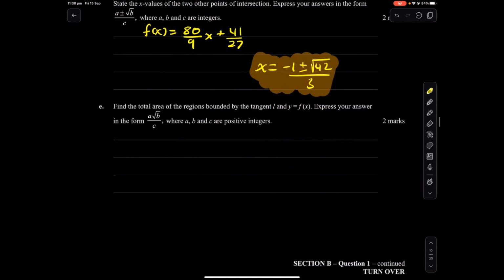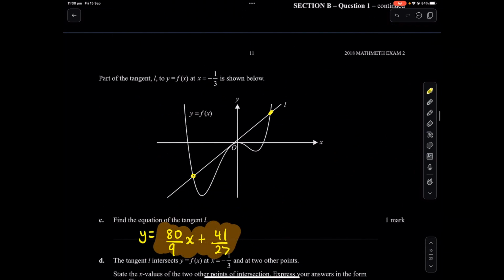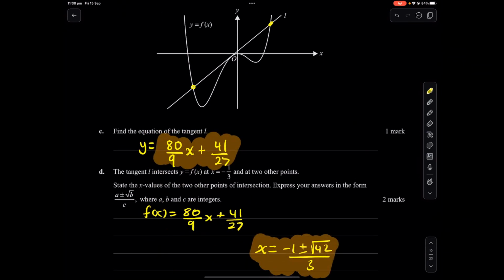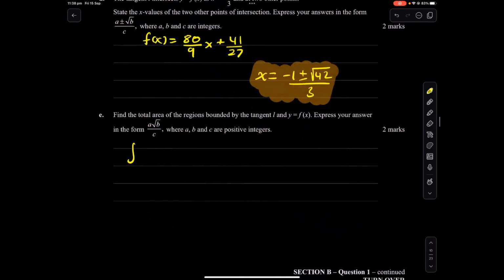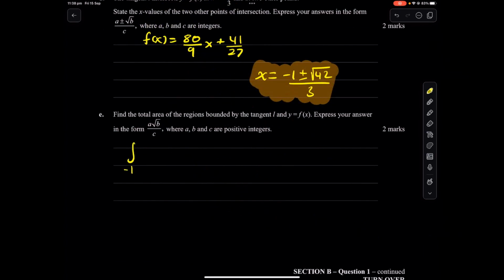Okay, to go down. Find the total area of the regions bounded by the tangent line L and y equals f of x. Express your answer in this form, where a and b are positive integers. Okay. So we want this area. Perfect. So we can just say the integral from